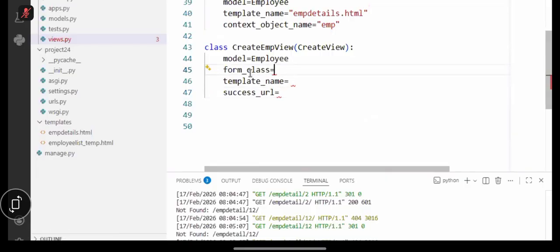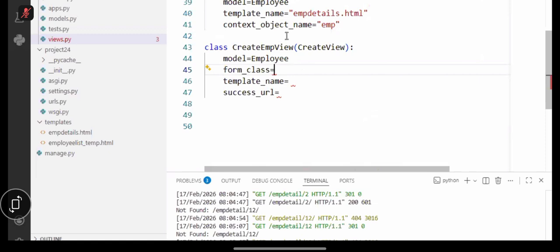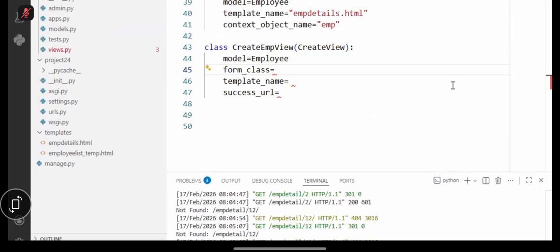But have you defined the form class? No. Have you defined the template? No. But you need to define the form class, and you need to define the template name. So just define the form class. Now develop a form. So open the application one and write here